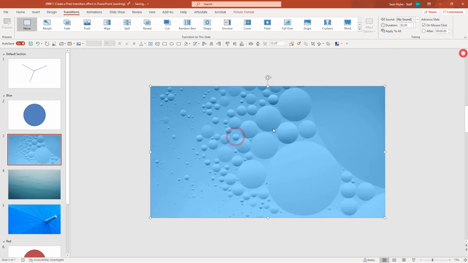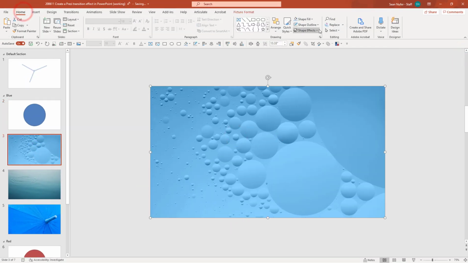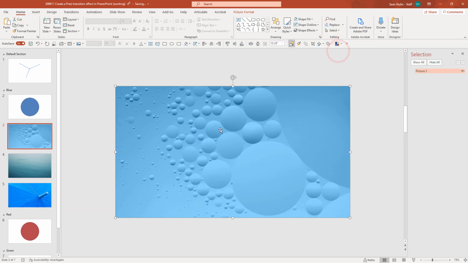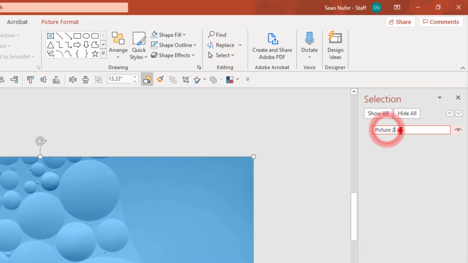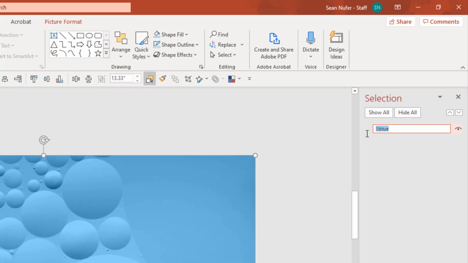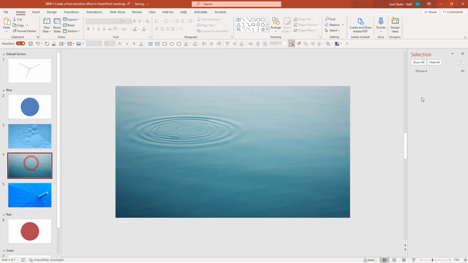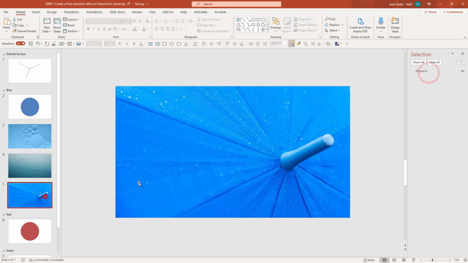And one thing I think I'll do, I'm going to go up to the selection pane, and this picture, I'm going to name it 2 exclamation points, and I'll call it blue. I'm going to copy that, and then I'm going to rename the other pictures the exact same name. So PowerPoint is going to treat this picture, all 3 of these pictures, as if they're the same picture, which